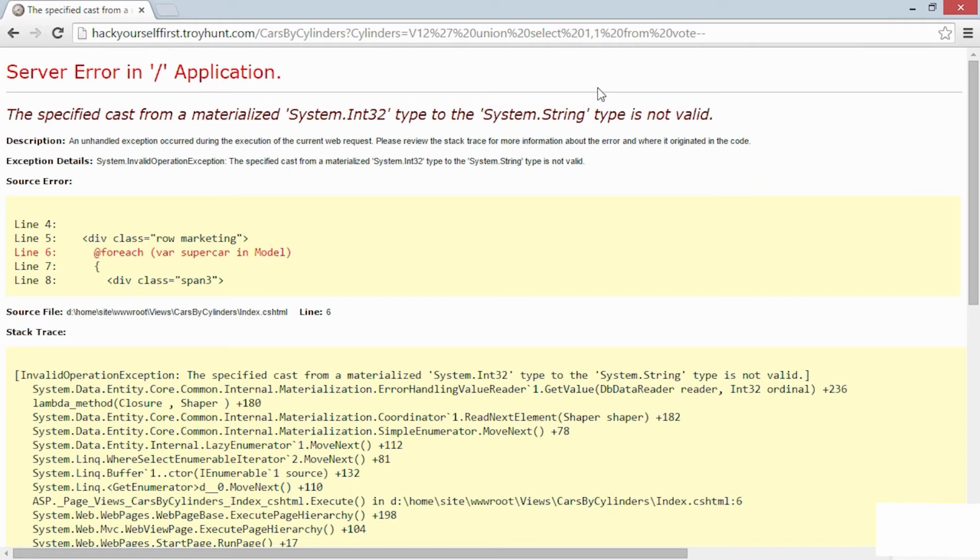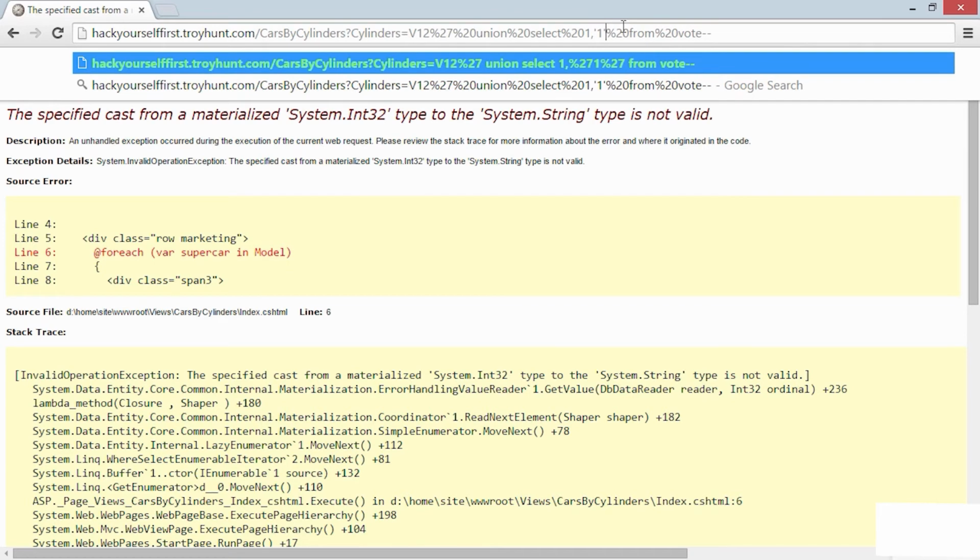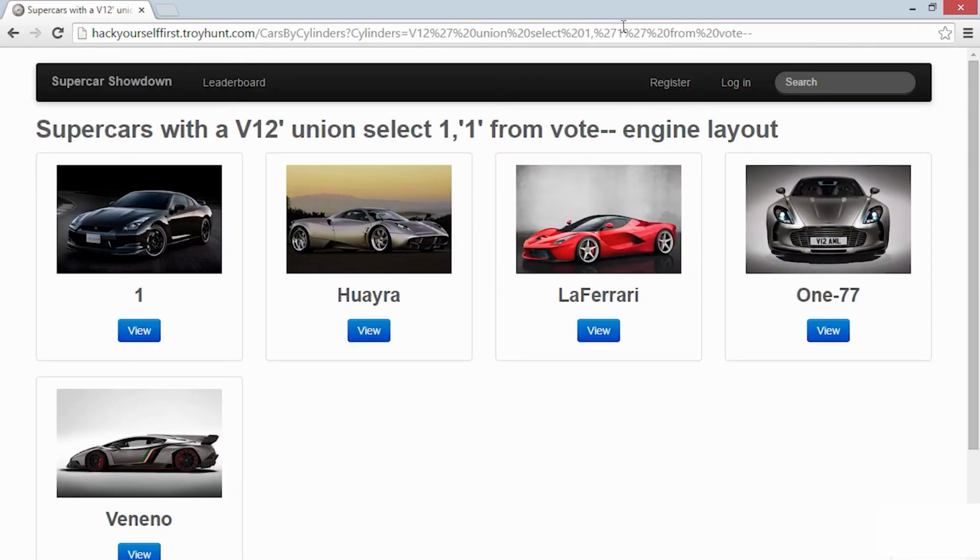So what seems to be happening here is that we've put two integers in the select list here. Now we're unioning this select statement on the end of another select statement. And inevitably that other select statement is returning a string somewhere. And when it gets unioned with the integer, we get the exception that you see here. So what we can try doing is just changing one of these from an integer to a string. So let's maybe just put a single quote on either side of the second value, just like this. Now this is interesting. And it's interesting because we've now got the Nissan GTR up here, and it's got the